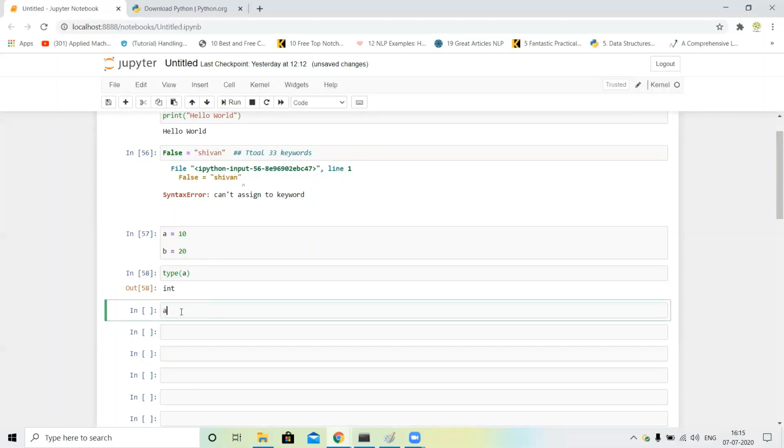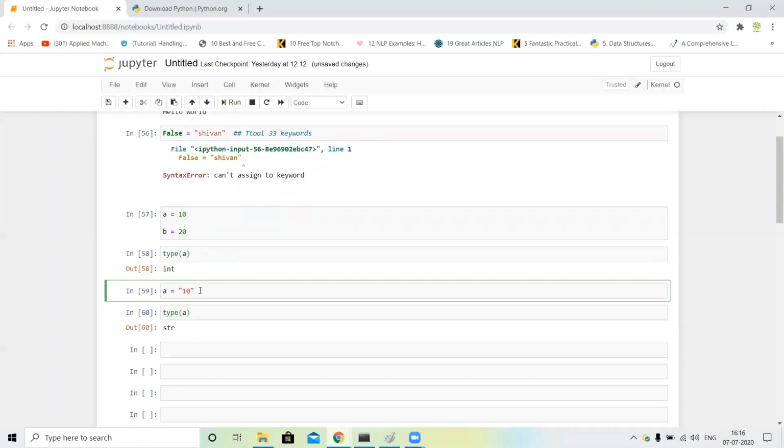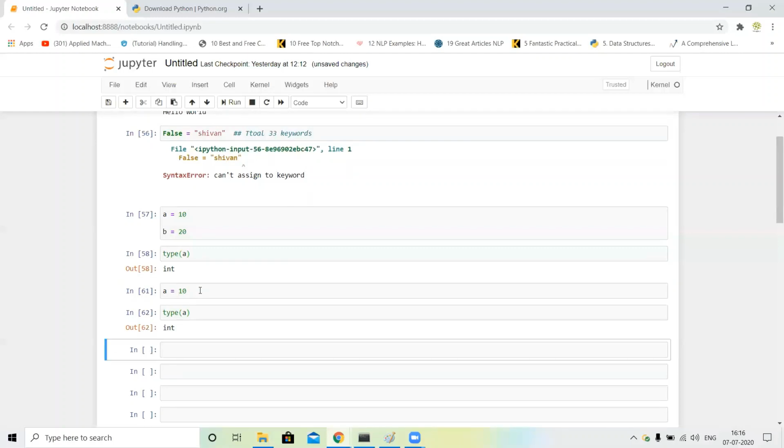But when you write a is equal to "10" in double quotes, this is a string. When you write anything in double quotes, it changes from integer to string. First of all, we run this and check the type of a. You can see the output is string. When we delete the double quotes, it's an integer.